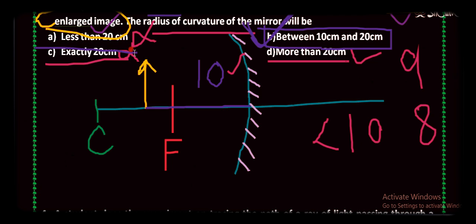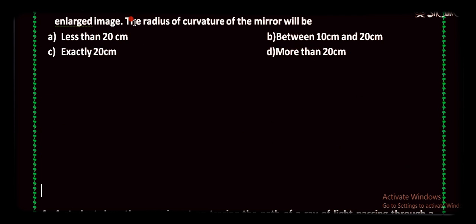Less than 20 is not the correct answer, because you can take a radius of curvature of 10. When you take the radius of curvature as 10, then the object will be placed at the center of curvature. So 10, being less than 20, is not satisfying the condition. Less than 20 we can say is somewhat true, but not exactly. If that option were available, then it would be more right. So option B will be the right answer for the third question.